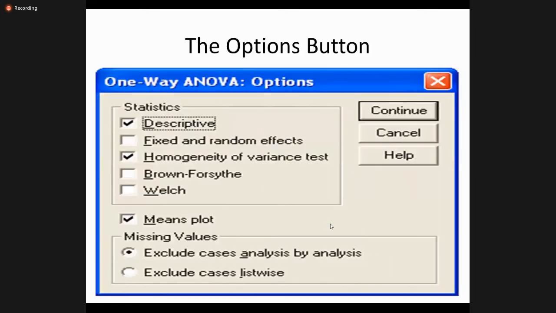And then you choose which statistics you need. You want the descriptive statistics. You want the homogeneity of variance testing. We discussed what homogeneity and descriptive are. Then you also want the means plot. You select these options, and it will automatically give you the results.